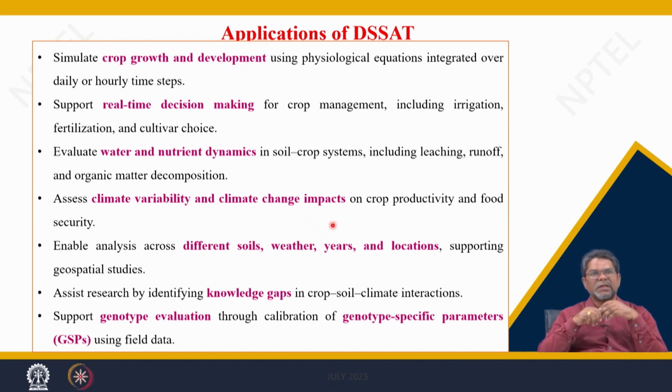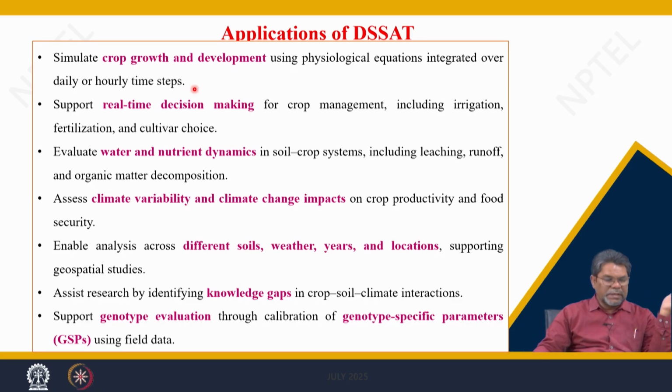The application of these models simulates the growth and development using physiological processes integrated for a daily and or hourly time step. Particularly, it calculates on a daily time step basis the crop growth, the biomass accumulation, the leaf weight, stem weight, root weight, and the other organs' weight in the plant parts. It is calculated on daily time steps as per the radiation interception and the temperature. Radiation gives the biomass, and photothermal units give the duration of the crops. So, the daily time step calculation in DSSAT is used for the biomass accumulation.